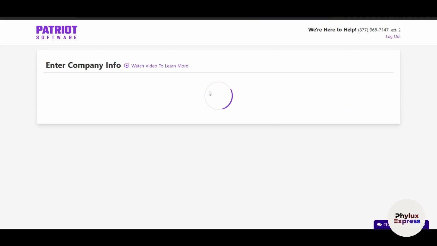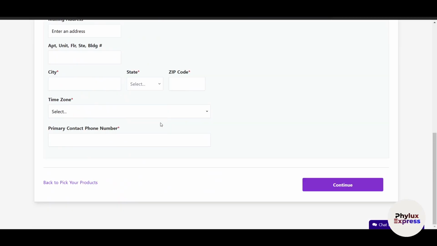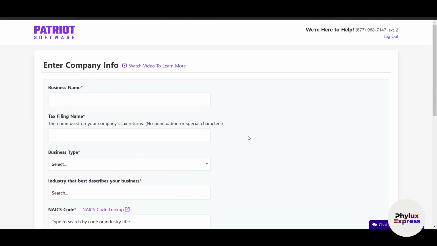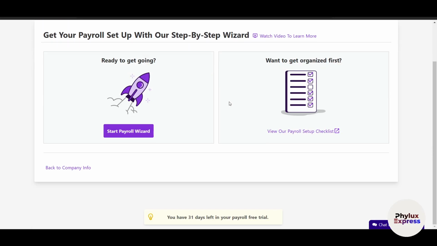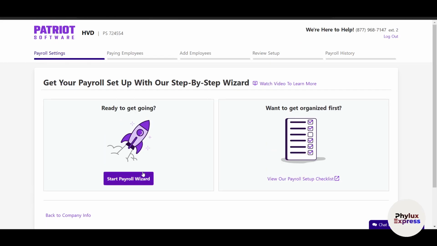Now here it will ask my company info. So I have to fill up all this information right now. Now, as you can see here, this is the payroll settings. Now this is a dashboard, right? Now, first of all, we just need to set everything here. Now I will just go and click on start payroll wizard,